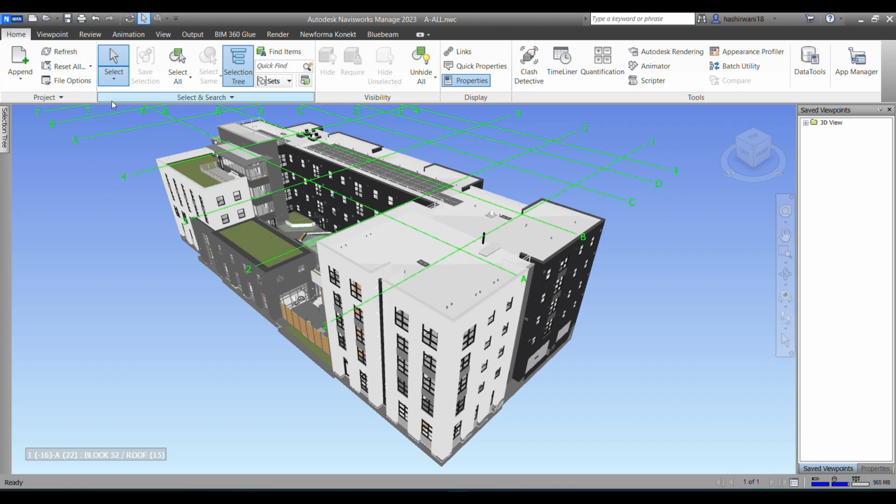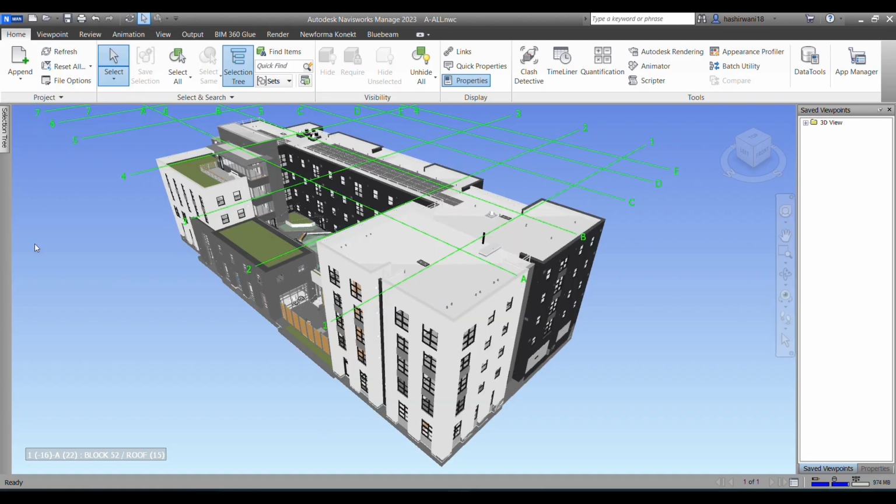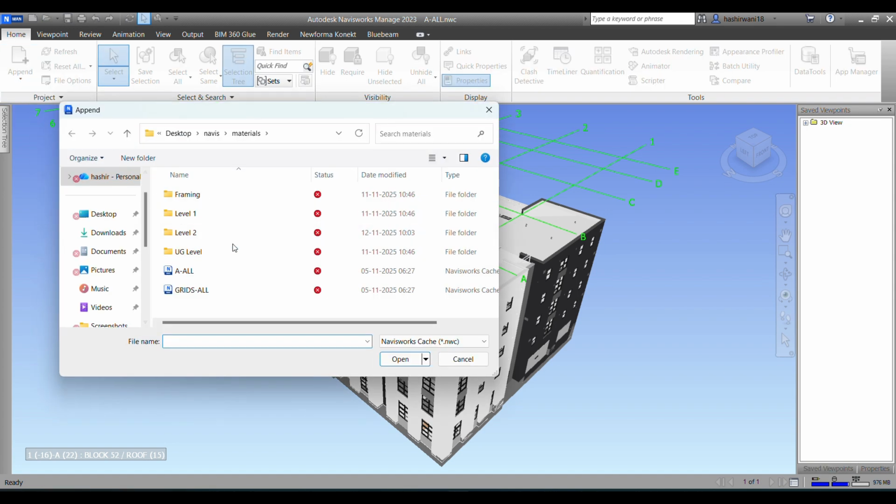selected in this orientation. But what do we do if we want to superimpose different files on it? We cannot simply go and open it again, because the new file is going to be opened, and this particular file, this architectural model, is going to be closed. So what we use here is the append option. We'll click on this append option, and then